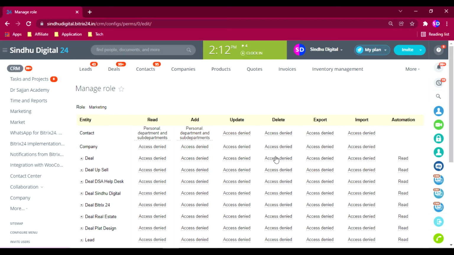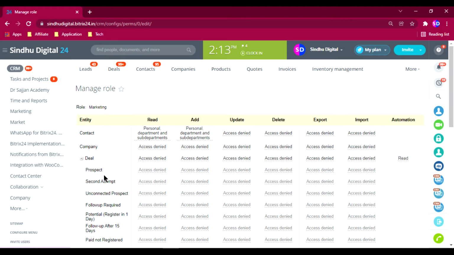In the same way, you can give everything: you can update the leads, we can give access to delete the leads, and also to export or import the contacts. The same applies to company: you can add the company or read the company details and info. So we can give access to read, update, or add contacts or company. Here, as you can see, there is a plus button, so you can cut down the stages also.